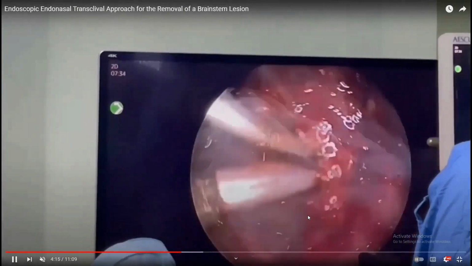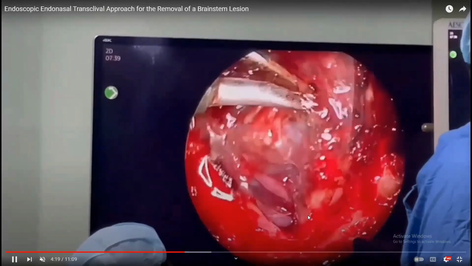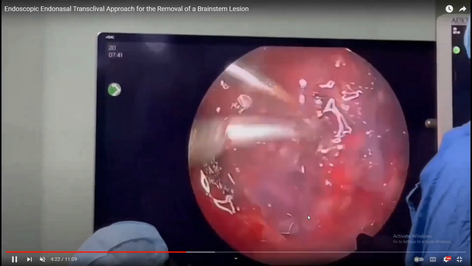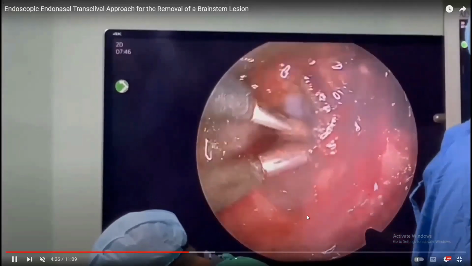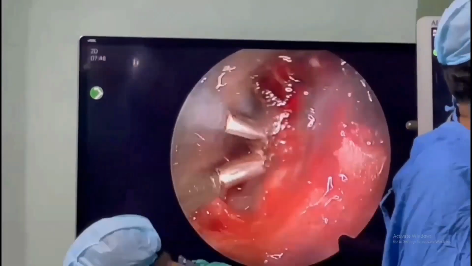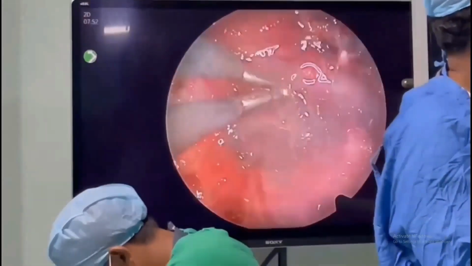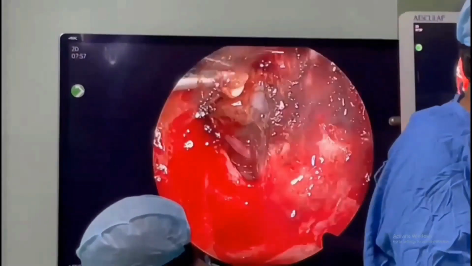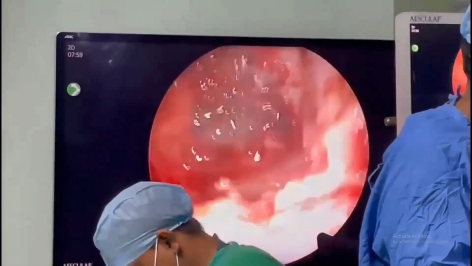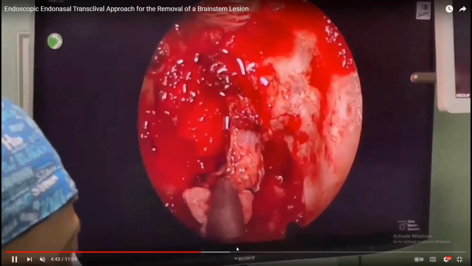And I have to take up this dura and then bipolar. There is no way I can bipolar it crossing the dura sheet. If I bipolar, the perforators will be fried. So the tumor is pushing all the perforators and the basilar right next to me, right next to the dura. So I have to hook the dura up and then bipolar, because if you cut the clival dura, there will be severe bleeding. So you have to hook this dura up with an upturned bipolar, and you can keep on taking this tumor